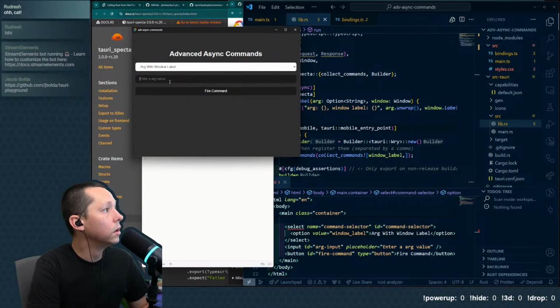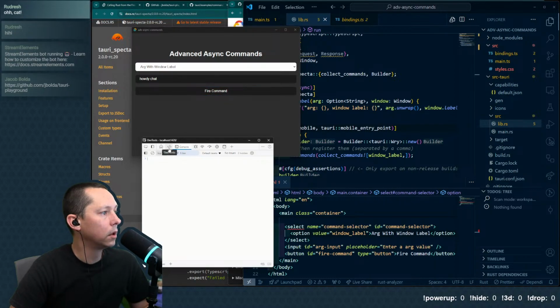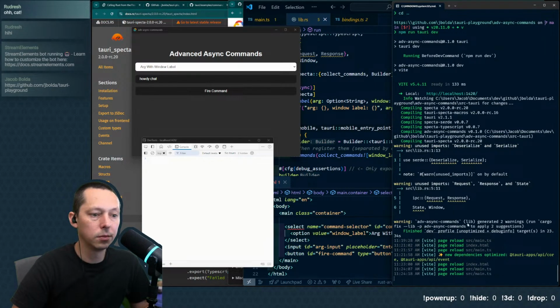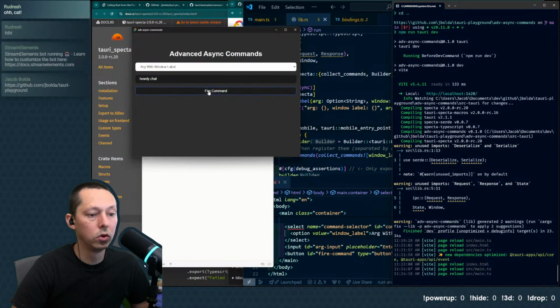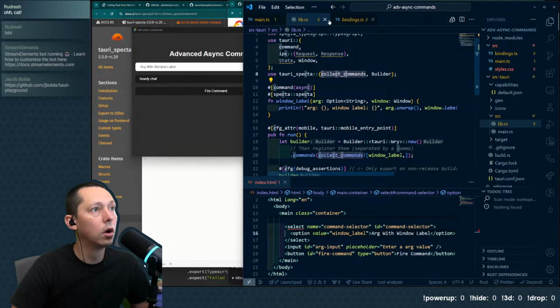And howdy chat. And we're not seeing anything here, which makes sense. But thought we were logging out in the back, and print. So it should be firing off window label with arg option string and window.